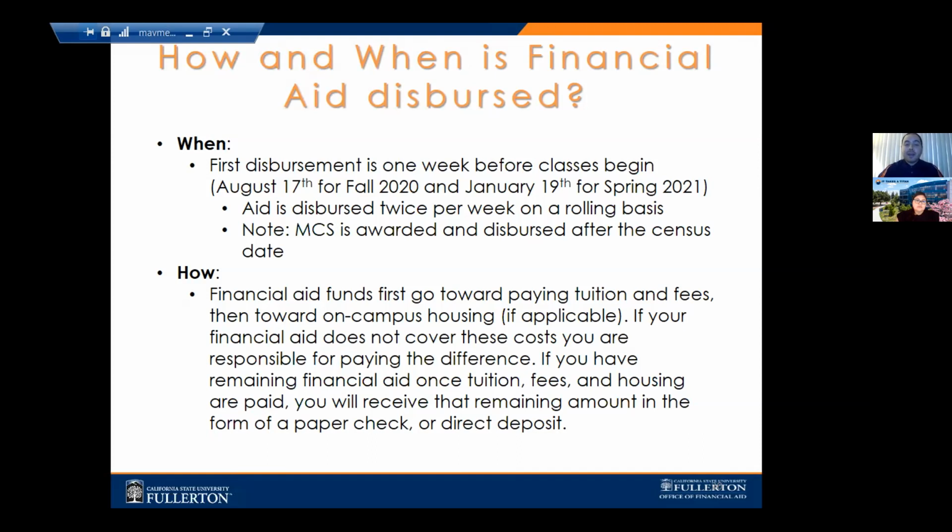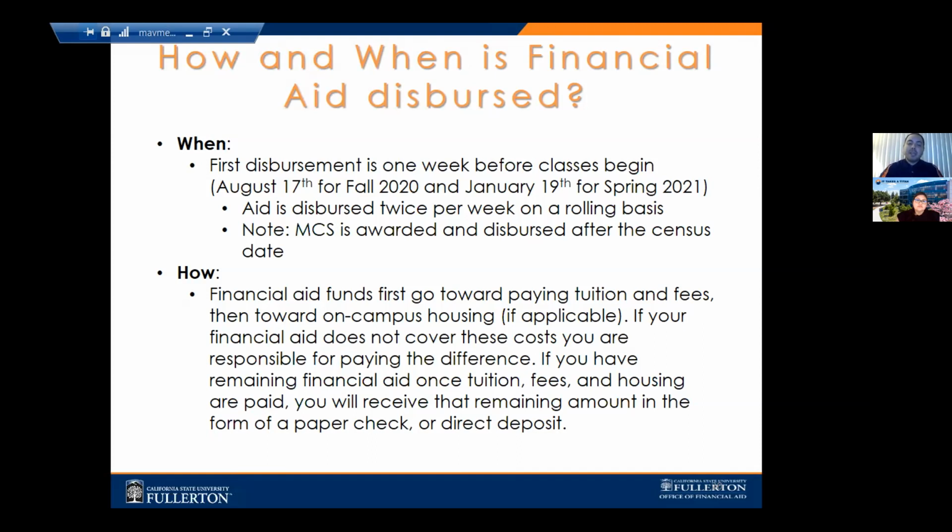So if you were awarded a Cal Grant, a State University Grant, whatever type of grant funding, and let's say you accepted some loan funding along with that, it'll go towards paying your tuition and fees. And if you live on campus, it'll also go towards paying your on-campus housing fees. But if you don't live on campus, let's say you're a commuter student who lives at home, or you live off campus, after your financial aid has paid off your tuition and fees, if there is